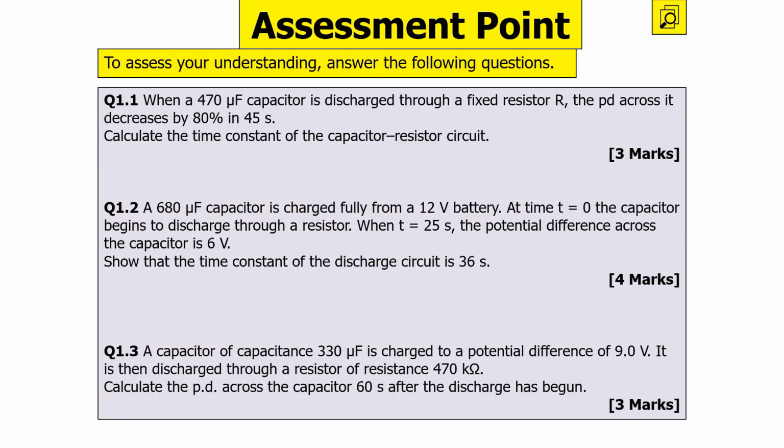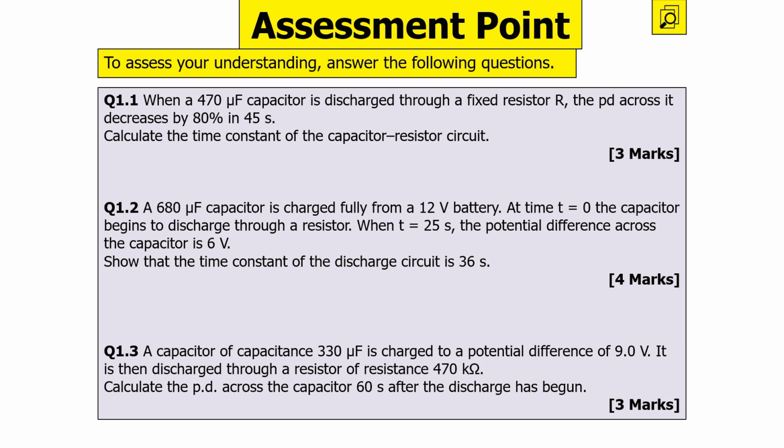The next question says, when a 470 microfarad capacitor is discharged through a fixed resistor R, the PD across it decreases by 80% in 45 seconds. Calculate the time constant of the capacitor resistor circuit. Then a 680 microfarad capacitor is charged fully from a 12-volt battery. At time t equals 0, the capacitor begins to discharge through a resistor. When t equals 25 seconds, the PD across the capacitor is 6 volts, so that the time constant discharge is